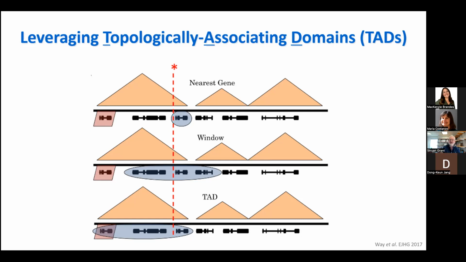And so in this cartoon example, if we look at the top panel, the red gene in this case is the causal gene, but the blue region is the region that we are pursuing. So in the case of the nearest gene, which has been very typical up to now in terms of nomenclature, that would be the wrong gene. If we looked at an arbitrary window and said, well, I'm only going to look 100 kb either side of the signal, again, I'd have this blue window, but I'd be missing the gene. Whereas if I look at the region of actual interactions or the TAD, then I would capture the red gene. I'd get the causal gene.